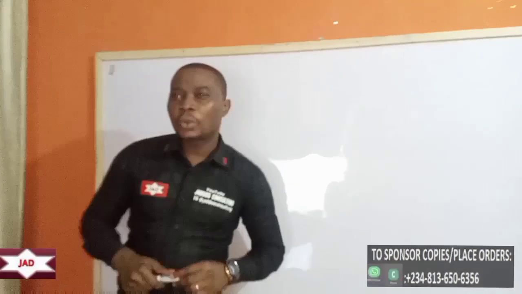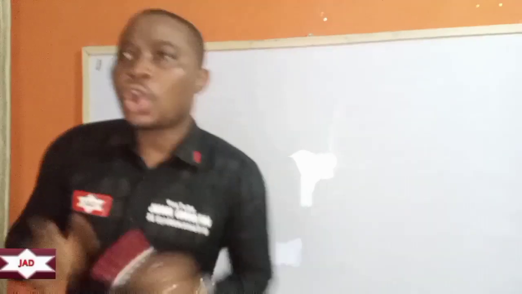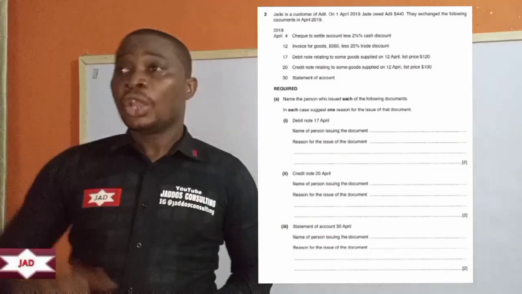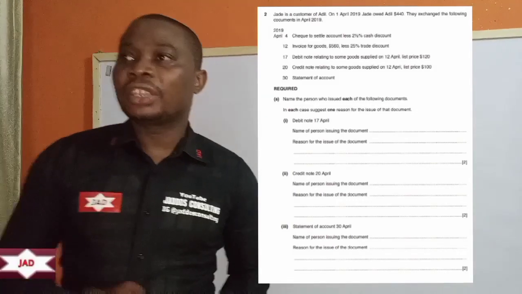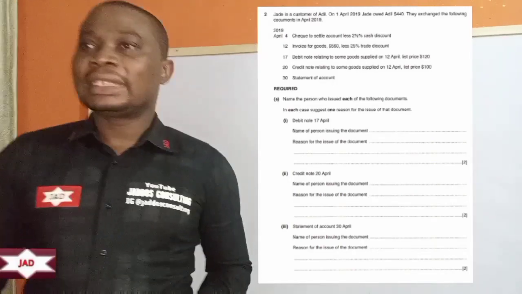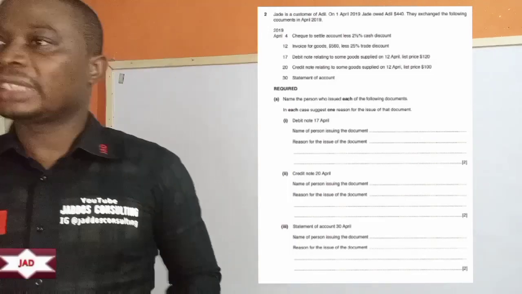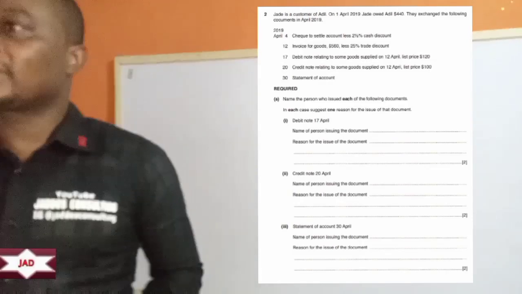So quickly, we have question 2. Jade is a customer of Adi. On 1st April 2019, Jade owed Adi $440. They exchanged the following documents in April 2019. So 2019, April 4, check to settle account less 2.5% cash discount. April 12, invoice for goods $560 less